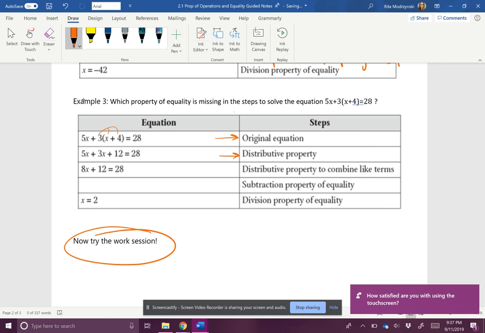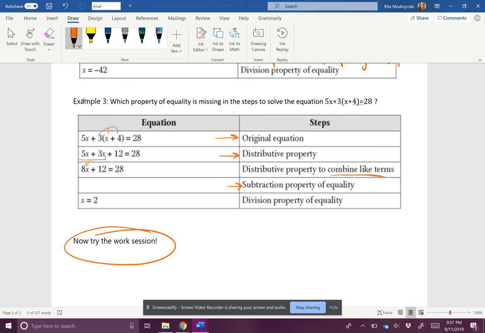The next step is we combined like terms. So notice how that 5x and 3x became 8x. So we combine like terms. Now, it says that from this step to this step, we use the subtraction property of equality. So let's think about that. If we use the subtraction property of equality to go from step 3 to step 4,